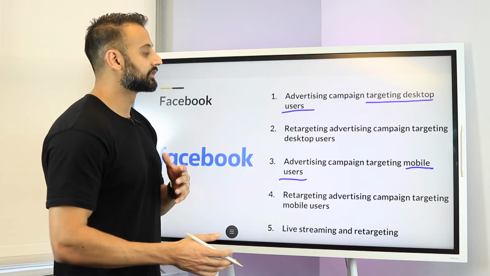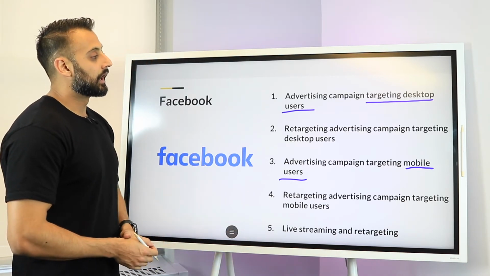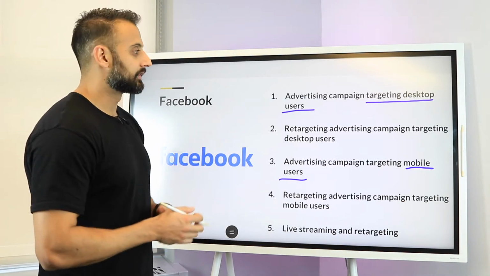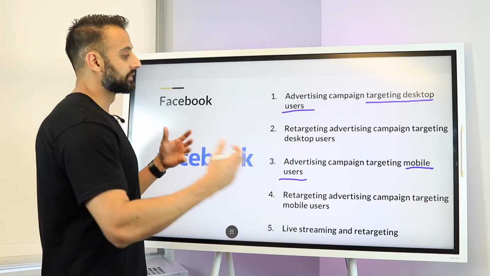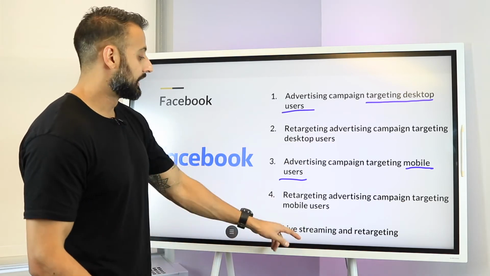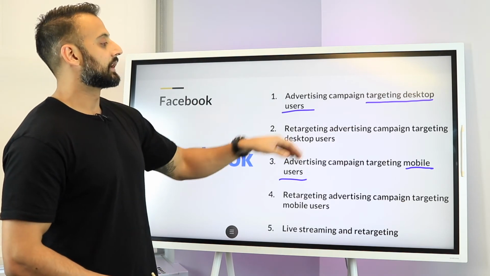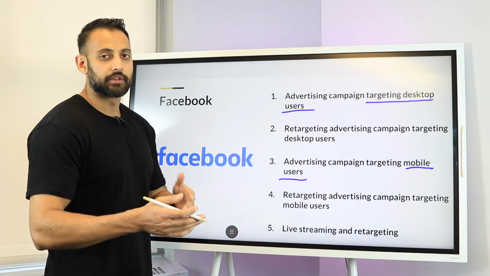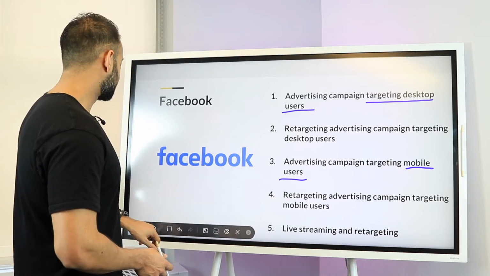So there's lots of different things that you can do with Facebook at the moment. I mean, that's something that they're doing now. I won't talk about too many tricks or things that you can do at this moment in time, because of course those things can change. That algorithm I just mentioned may not work the same next year. So bear that in mind. But they do have retargeting and they do have targeting. That's always, I think, going to be there. And Facebook as an entity probably isn't going to go anywhere anytime soon.